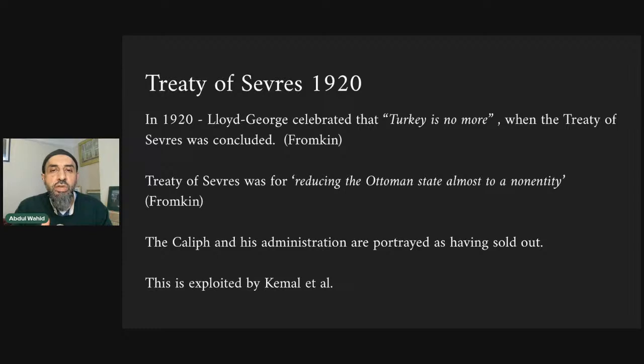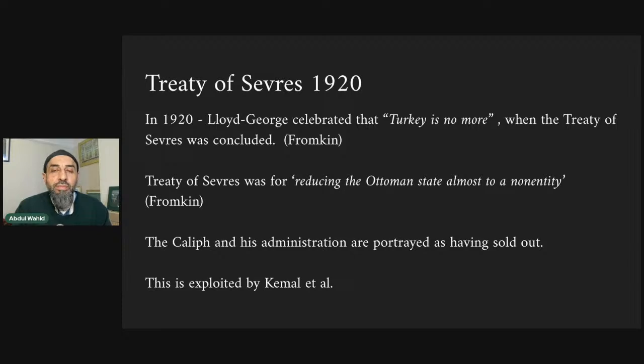but some British politicians really had a real hatred for Turkey, and in particular Lloyd George, in the 1920s, celebrated that Turkey is no more. David Fromkin, the historian, says that the Treaty of Sèvres was literally trying to reduce the Ottoman state to a non-entity. And in this treaty, a weakened Turkey and the head of state, then the Khalifa, a nominal